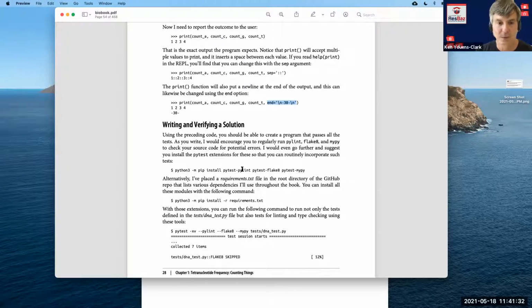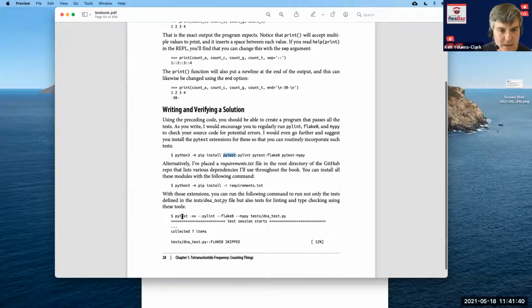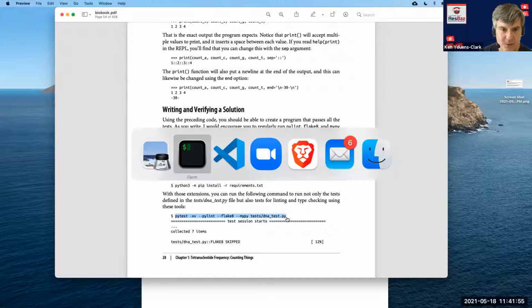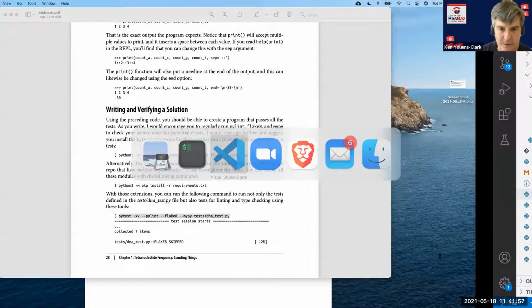These should have all been installed for you. In addition to PyLint and Flake8, there's the way to integrate them into PyTest. So PyTest, PyLint. And this is what I've been running so far, pytest -xv. If I've installed the PyLint and Flake8 and MyPy extensions, I can actually run it like this, and it will incorporate extra tests for me, basically ones that it creates on the fly.